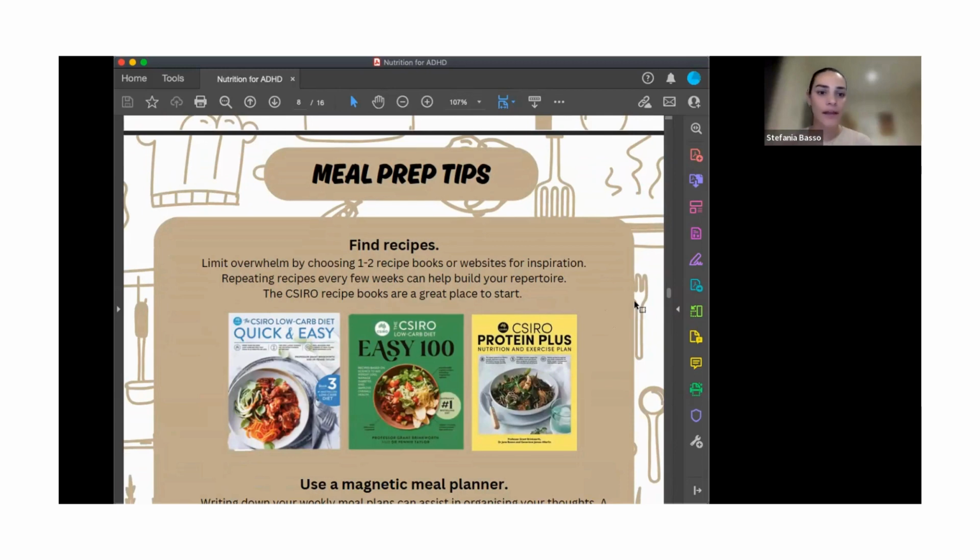So the first thing I find that I go through in my consultations is that overwhelm of trying to find recipes. Looking at recipes online, before they get to the actual recipe, they have to tell you their life story of how their grandpa grew up on a farm. And for those with ADHD, reading long, long paragraphs is not our forte by any means. Usually just finding some great recipes that get straight to it can help reduce all the noise. So that's where we come in and help with